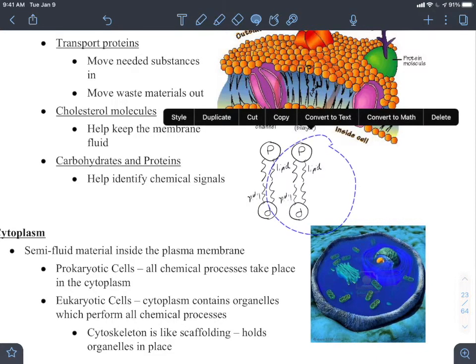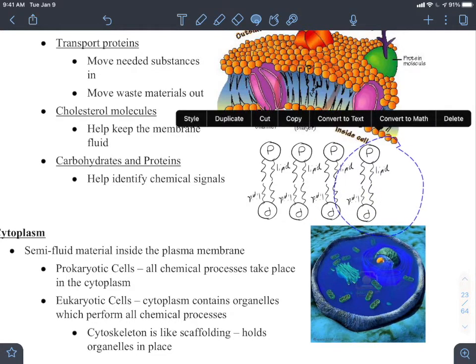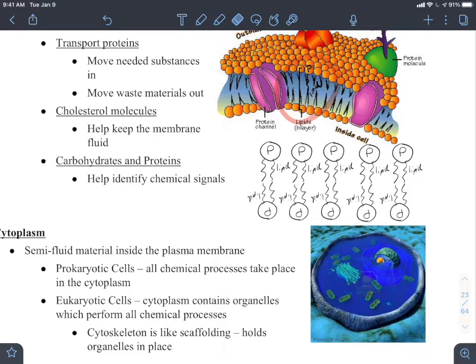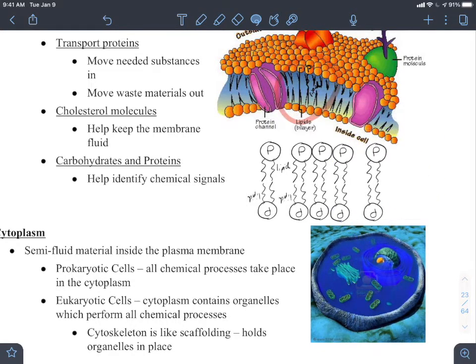Now the phosphates like water, and the lipid does not. So that's one of the reasons that they organize in this way. It's a natural organization based on the attraction to water, which is kind of cool. It fits well with our story that we're going to make up later about how these things could have formed on their own in a universe that did not have cells at all.